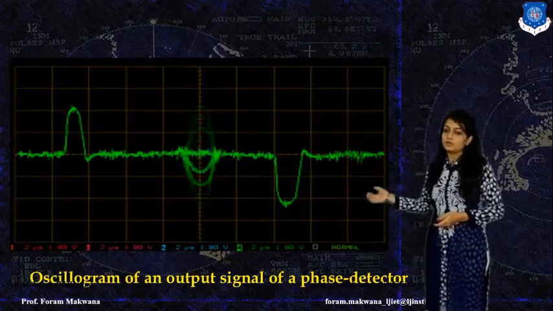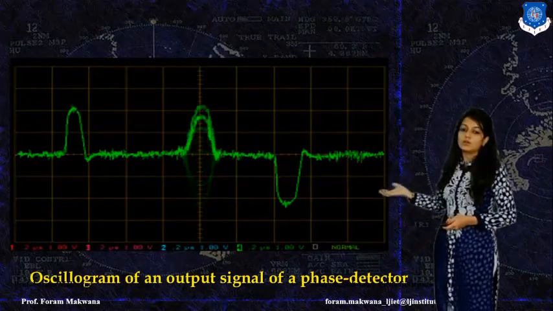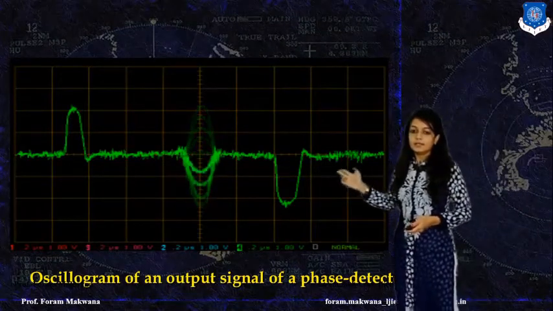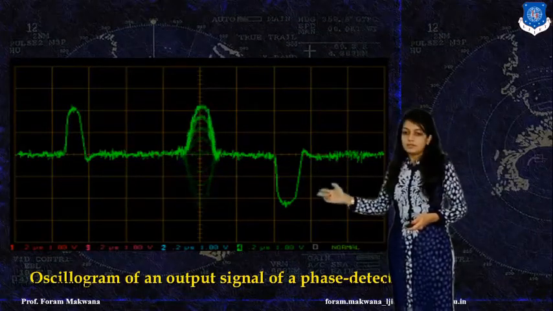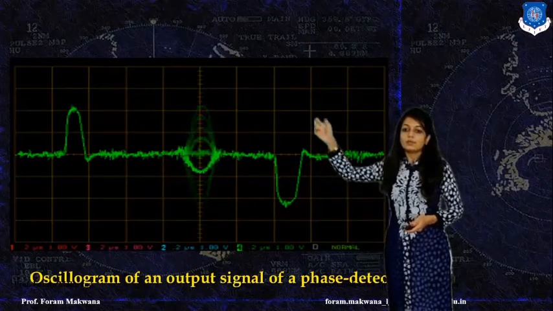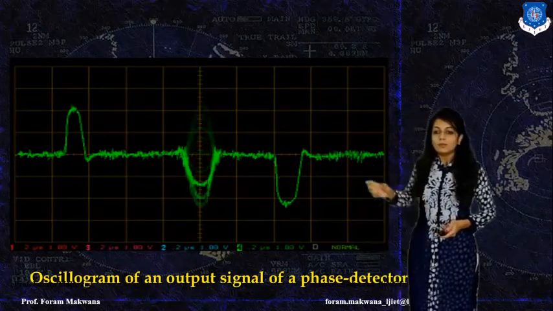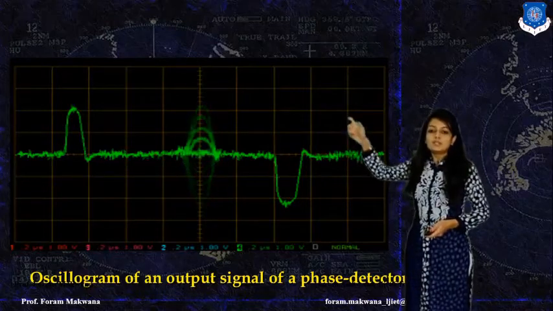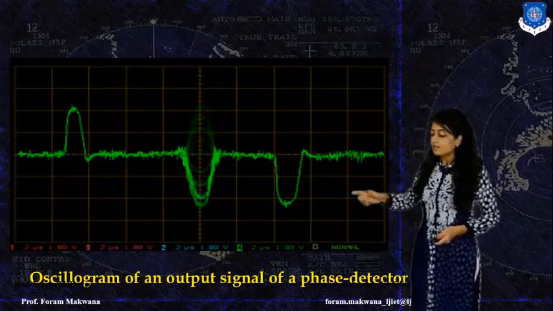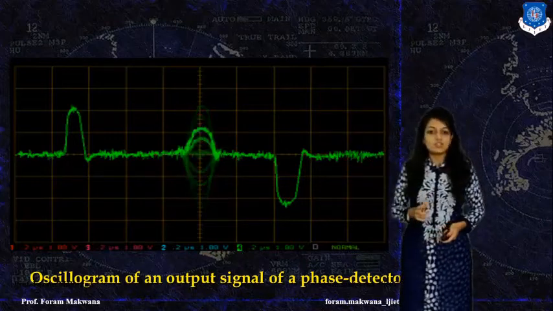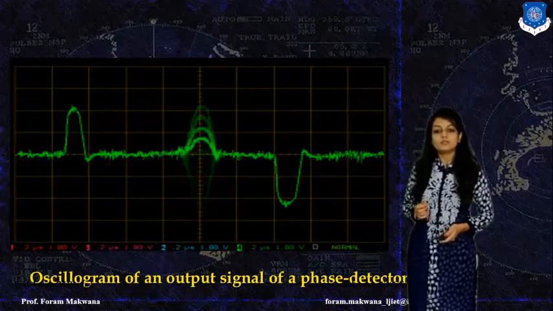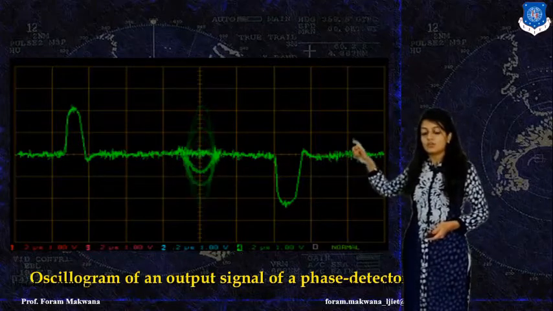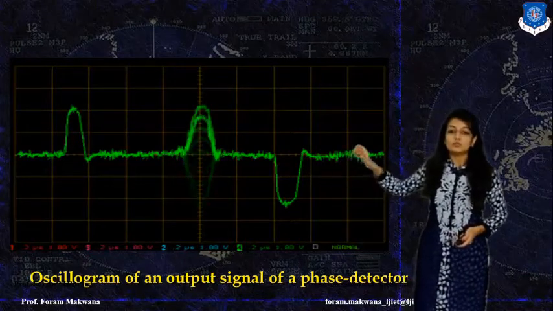See, this is the oscillogram of the output signal of the phase detector. Over here, you are able to find that this is the negative value, and over there, this is the positive value. But in between, the value is continuously changing. That represents the phase is continuously changing. Ultimately, the frequency is changing. We can say that for that particular instant of time, the target is moving.